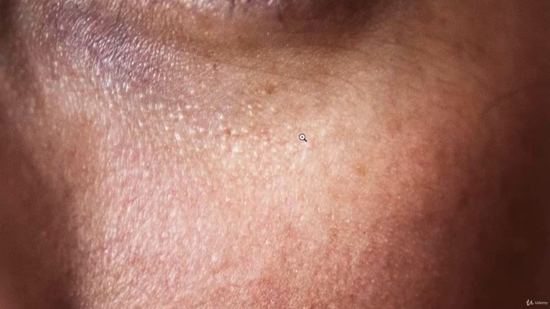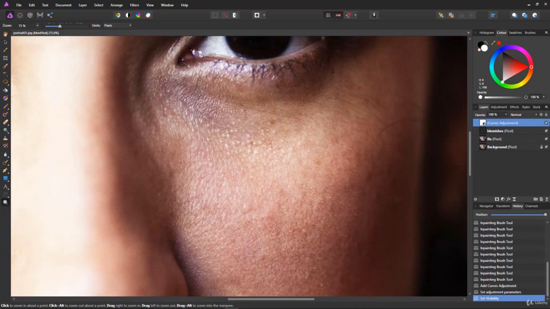Because I've really enhanced the contrast of this picture, I'm making what were tiny little blemishes stick out like a sore thumb. Now I'm concentrating on this cheek area where I was working earlier. And if I come and I zoom in, now can you see there are certain areas like here, here, here. If I make my curves layer invisible again, you can see they're not quite as apparent when the look of the picture isn't quite as extreme. So this is just a temporary curves adjustment layer to try and make it obvious